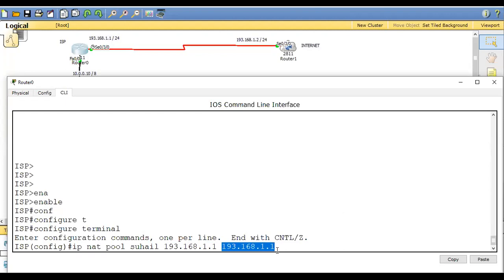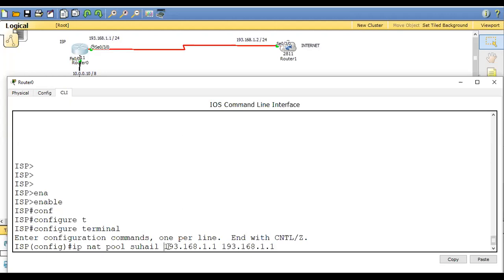But we don't have a range of IP addresses here. We have only one IP address, 193.168.1.1, and we are telling our router that if anybody comes to you from the 10 network, you have only one IP address, 193.168.1.1. So convert every IP of the 10 network into one IP address.